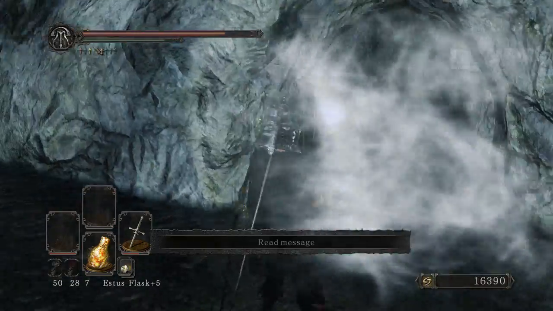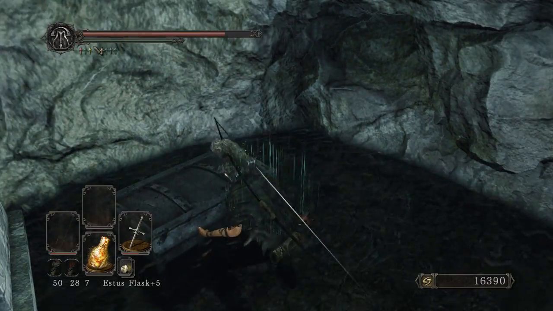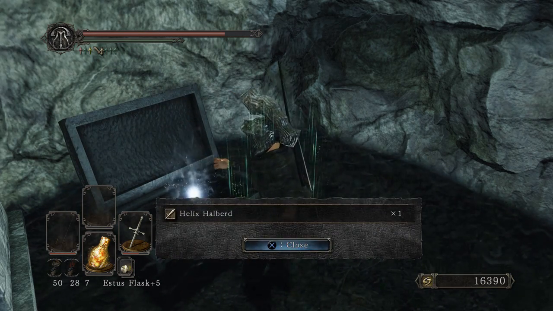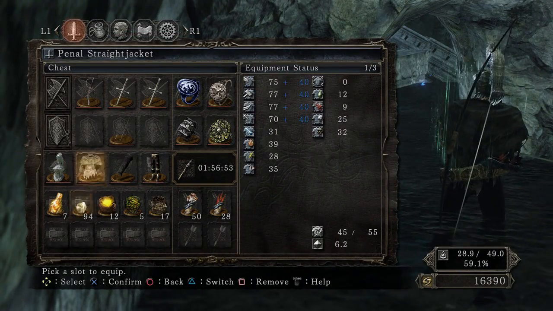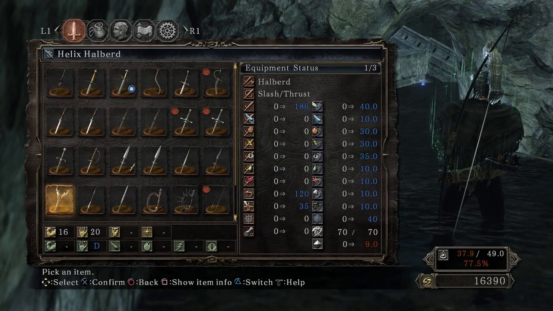Poke you in the face. And my reward is like some kind of halberd or something, isn't it? I think that's what it is. Helix halberd. Nailed it. After all that mess, they really want you to not notice this weapon by making you get distracted by everything. So Helix halberd has...